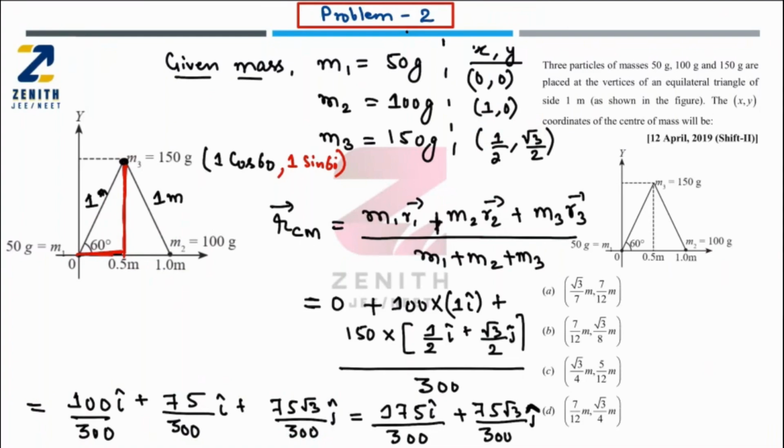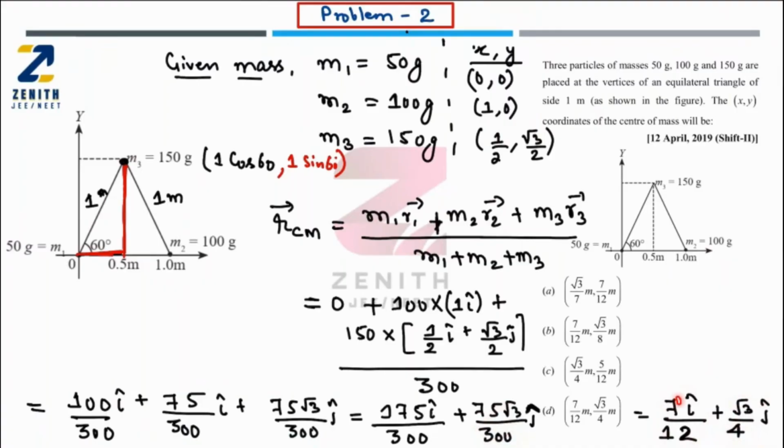So if you solve this you will get 7 i cap divided by 12, and this is nothing but 75 divided by 300, which is nothing but 1 by 4. So root 3 by 4 j cap. Okay, because if you multiply 75 into 4, you will get 300. So this value is root 3 by 4 j cap and 7 i divided by 12,